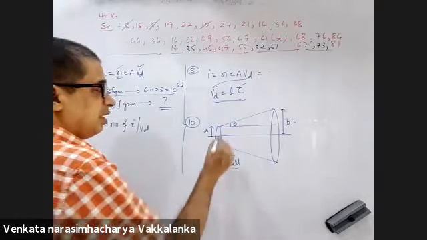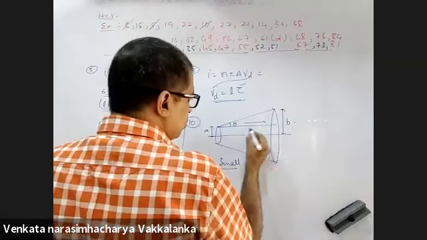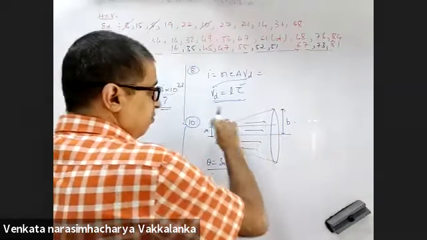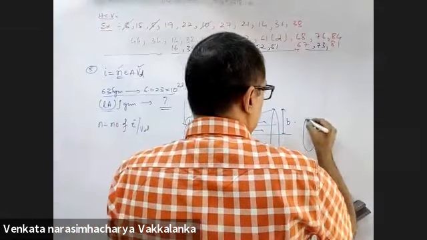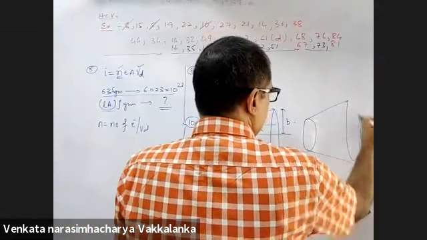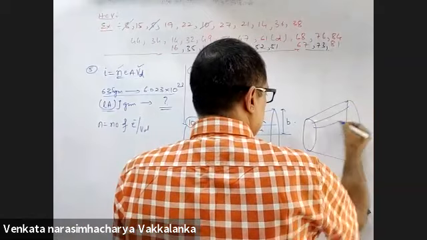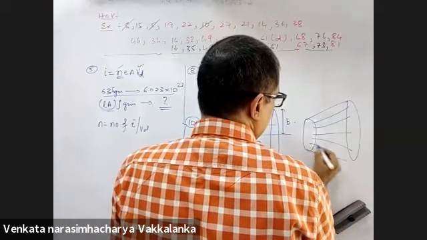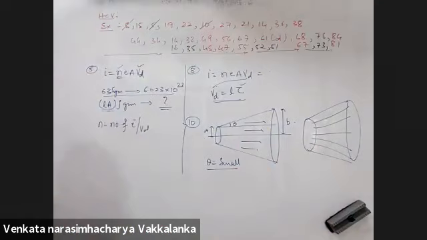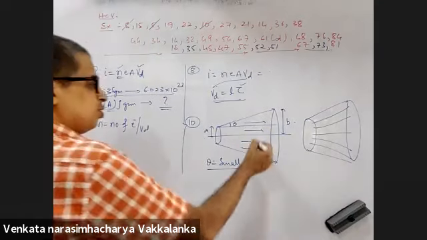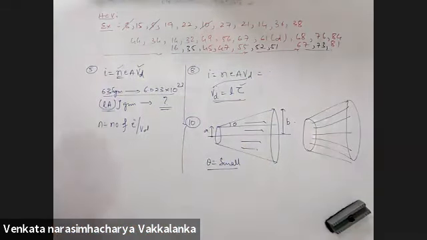The reason there is electric field you should assume to be uniform this way. If you take a truncated path, then what will happen? Electric field will turn this way, right? There the magnitude of current will change. Okay, right sir. So assume electric field is uniform, that is this.